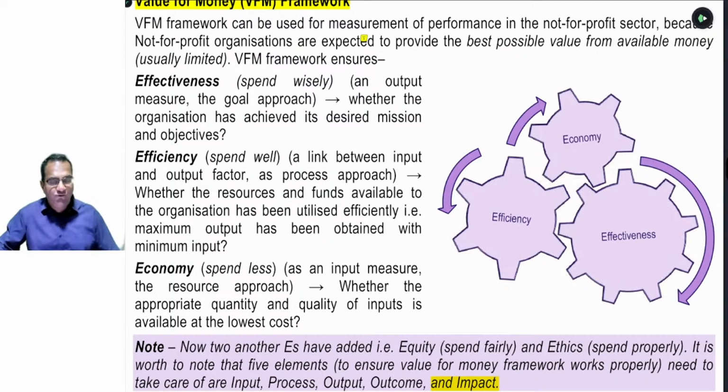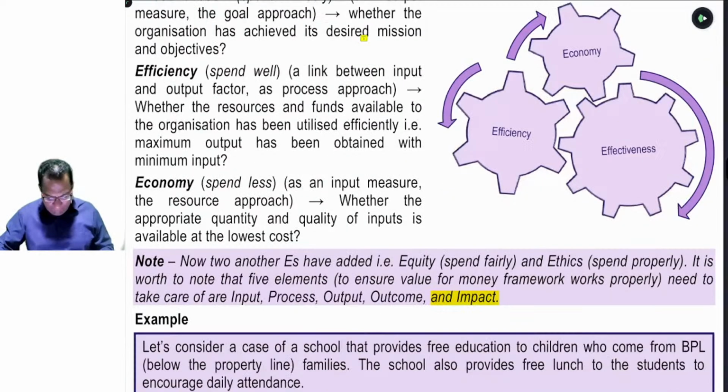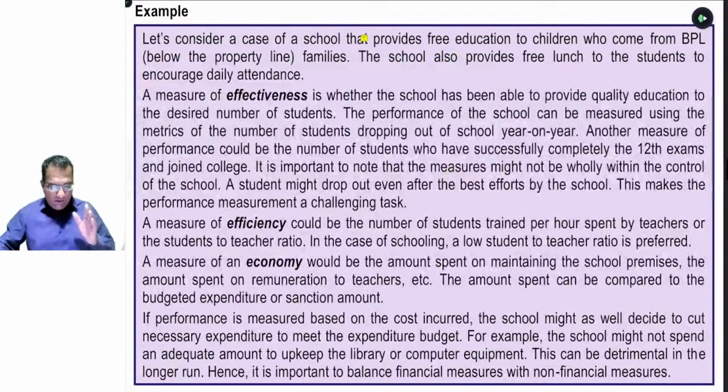Nothing more to explain on the last point, but the first 3 points are very, very, very important. Okay. Now, beta, I am giving you some time to read this example. They have given you the example of an organization which is providing education to children who are below poverty line. है ना? So, यहाँ पे आपको ये पढ़ना है और चेक करना है कि इफेक्टिवनेस में क्या आ रहा है. एफिशिएंसी हम किस लेवल पे चेक करेंगे, इकोनॉमी हम किस लेवल पे चेक करेंगे. Once you go through this example, once it is completed, then I will provide you some more examples that you have to think on your own.